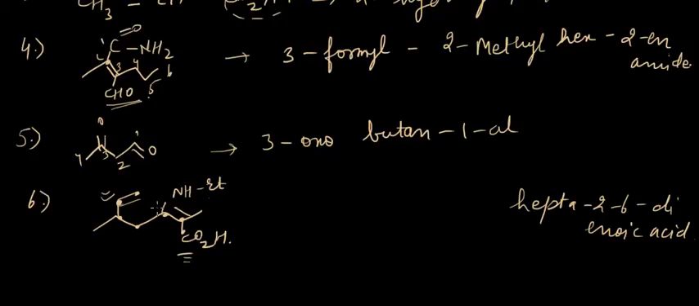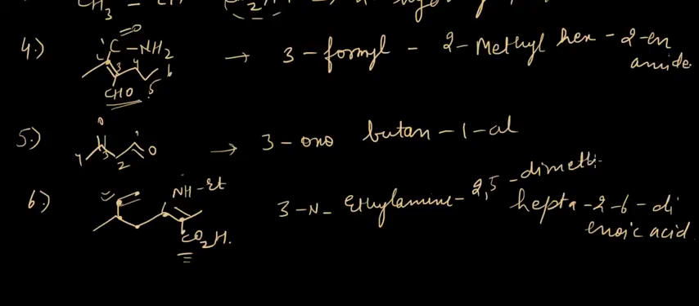Now only the substituents and the other functional group are left to be prefixed. So it would be 3-N-ethylamine with 2 and 5-dimethyl hepta-2,6-dienoic acid. Okay,